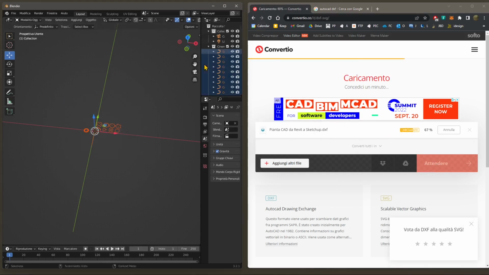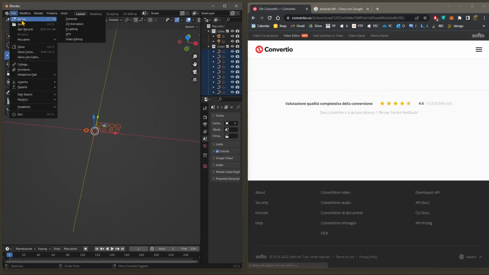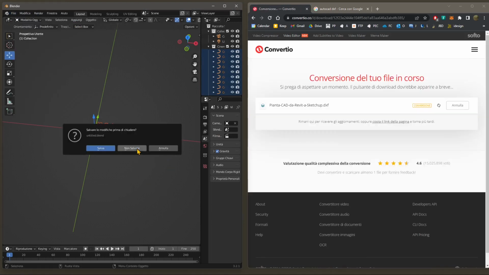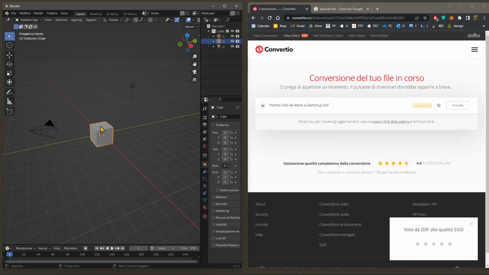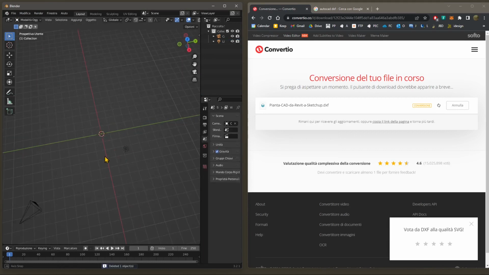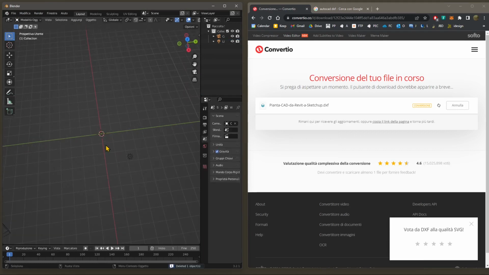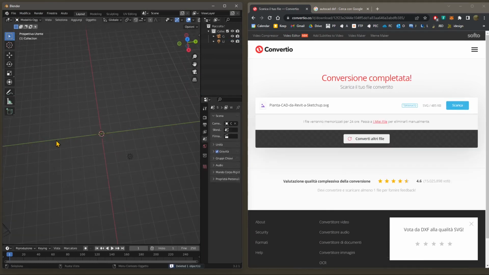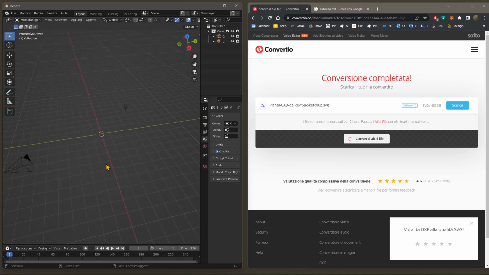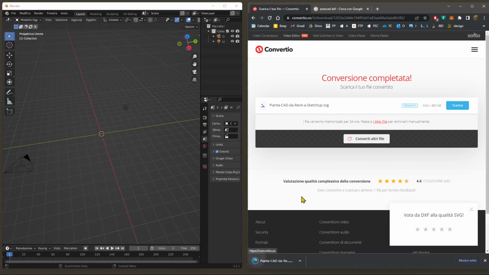So this is another conversion that I did from Adobe Illustrator. So I'm gonna delete this file. So also Adobe Illustrator, Krita, Inkscape, they use this type of files, this type of vector graphics. So every time you can convert from DXF to SVG, or you can go the other way around. You can convert from SVG to DXF. So when you're ready, you're gonna download, click on the